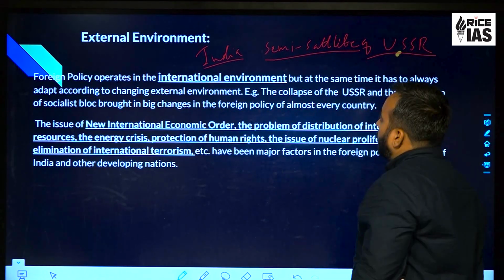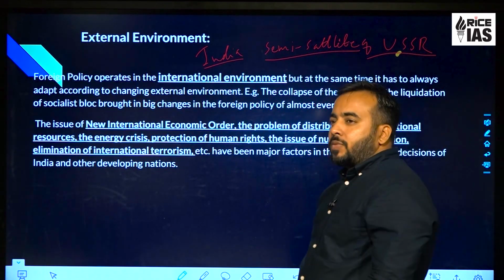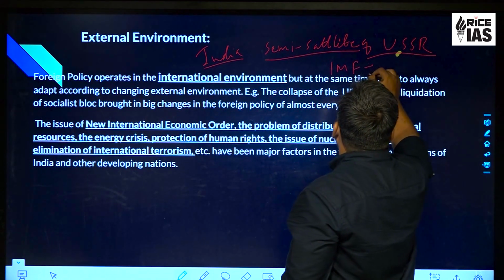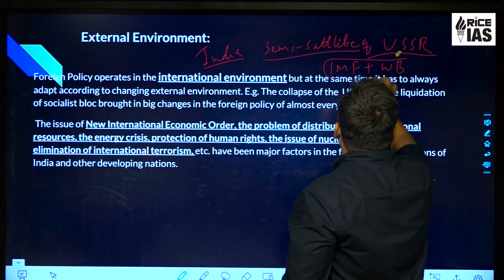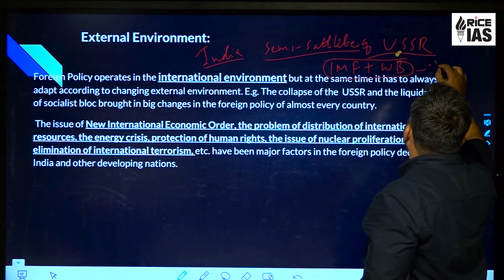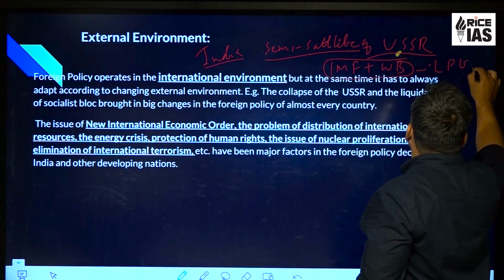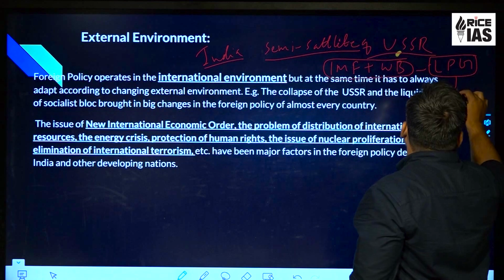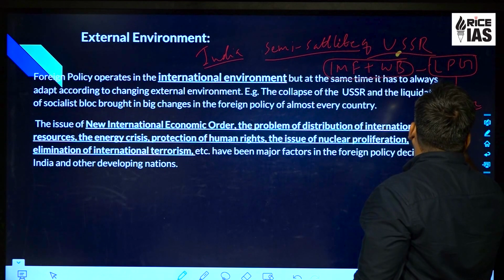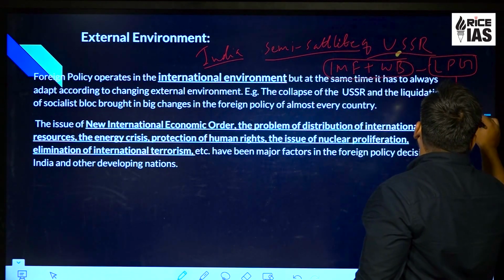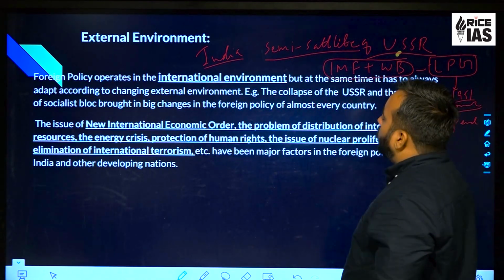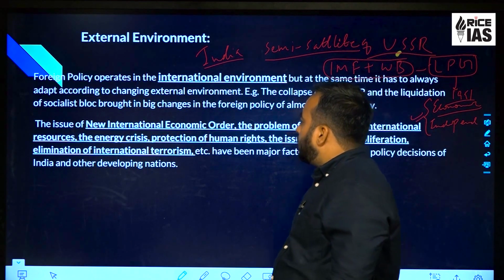But after the fall of the USSR, things changed. India started looking westwards. India got a loan from the IMF and World Bank during the precarious situation, and embarked on liberalization, privatization and globalization. Sometimes it's also called economic freedom, or economic independence, which started after 1991. So because of the change in external environment,